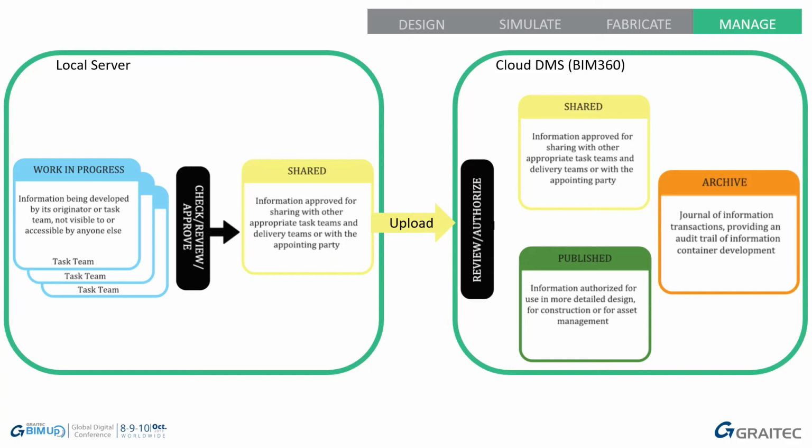Once there will be a gateway. That gateway, there'll be someone with a key. It's usually the project, the tier 1 or the lead appointed party's information manager. They will check it against the BIM execution plan, against the information for the project, and make sure it is created in the right way. Normally naming conventions, status, that kind of information. Once they authorize it, it will be